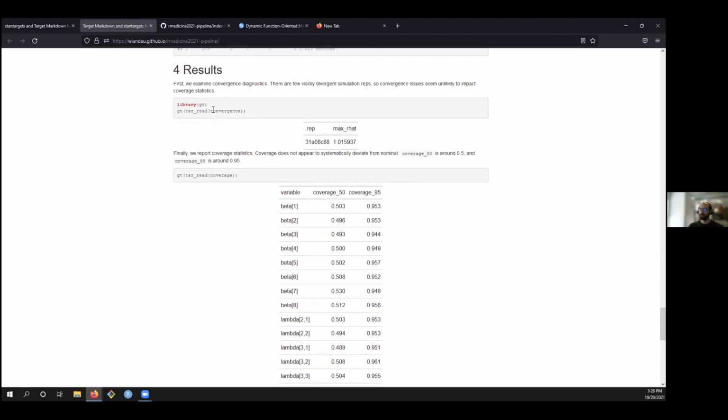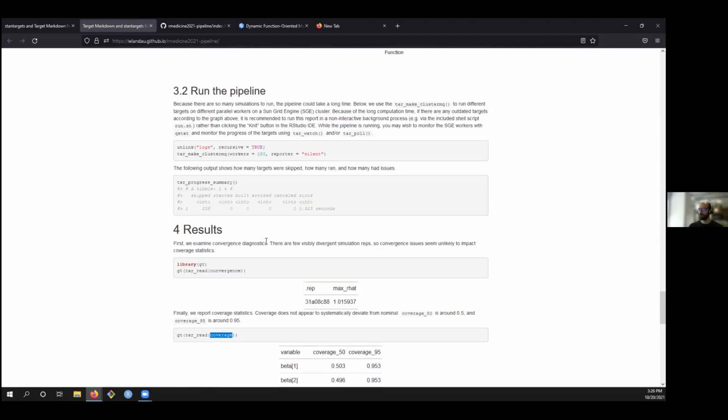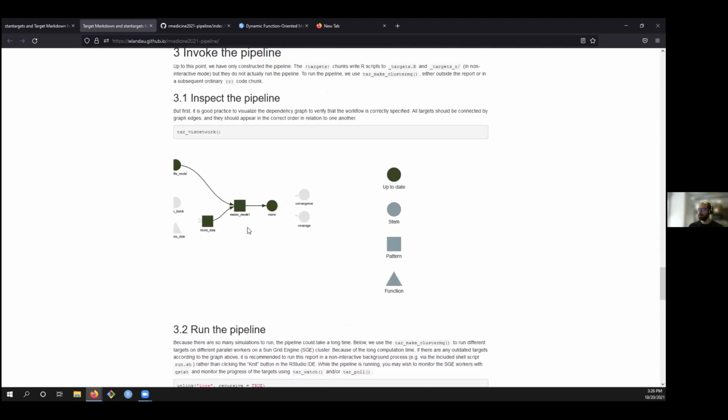It will recognize the symbols inside, which are convergence and coverage in this case, recognize those as dependencies, and then put this whole report at the end of the graph, immediately downstream of convergence and coverage with edges connecting them. And it will know to run this report only after those upstream targets are available.